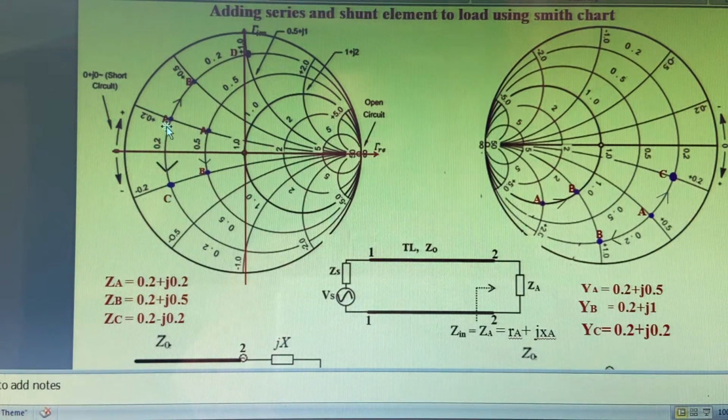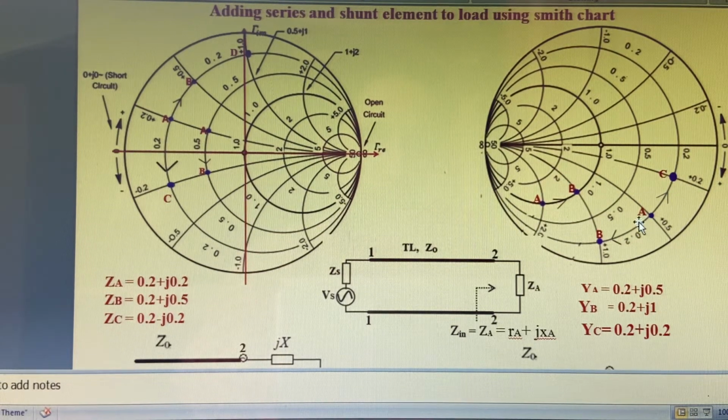Similar to here, moving on a constant resistance circle changes the reactance. So here the reactance is something, and if you move to here it is 0.5. So reactance changes if you move like this on the resistance circle. Similar to that, if you move over the conductance circle, susceptance changes like this. For example, here at A, the susceptance is equal to 0.5. This is a susceptance circle with a value equal to plus 0.5. From here, move on the conductance circle, which is the 0.2 circle. The conductance value of this circle is equal to 0.2.